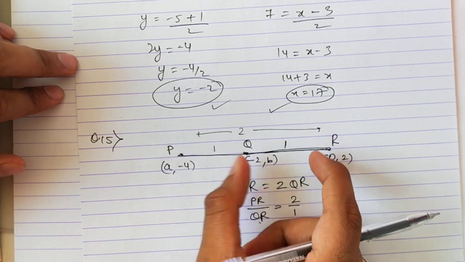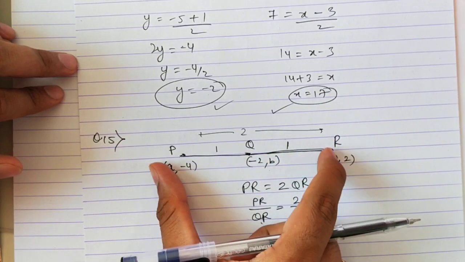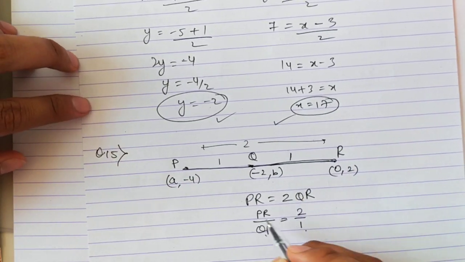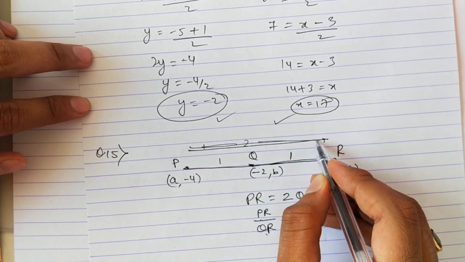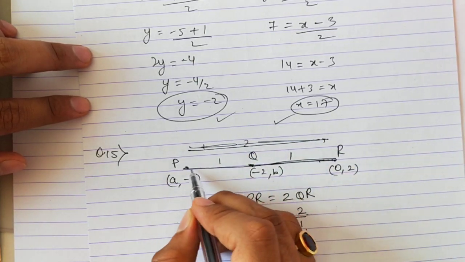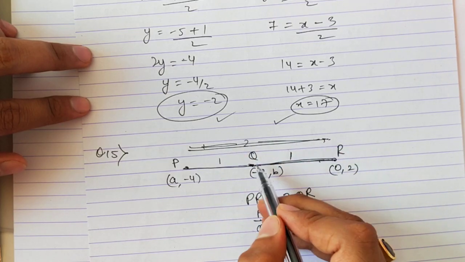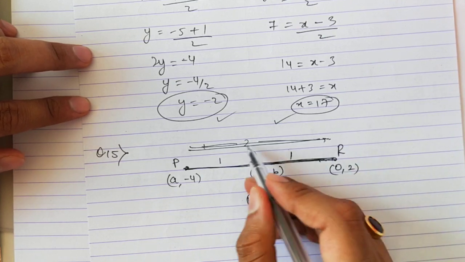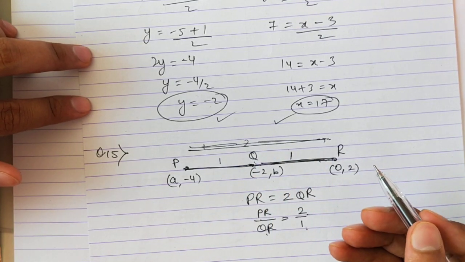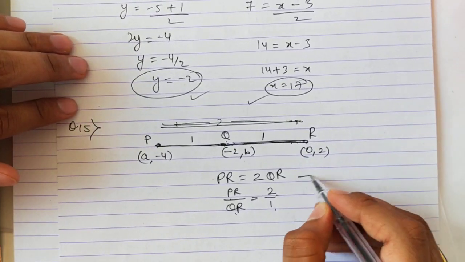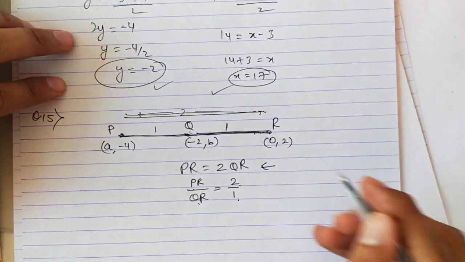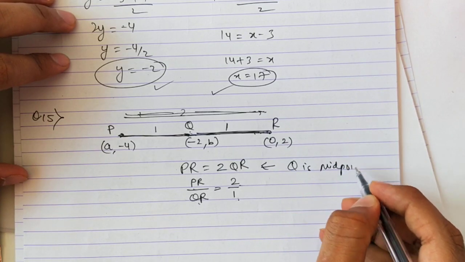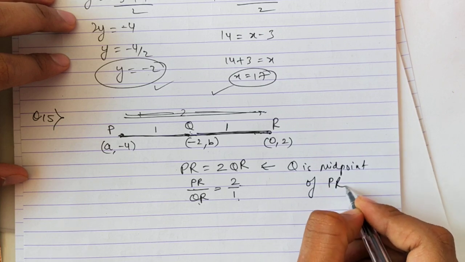Okay. Just indirectly they have given that PR is twice QR. Means PR is double of QR. If you double QR, you will get PR. This is a way of saying. But we know that PR is 2. If PR is this full line and QR is the half part, so the remaining half part is also 1, because this full line is 2, QR is 1, so PQ is also 1. And if both are 1, that means Q is the midpoint of PR. Okay, so instead of giving it directly, again they use this ratio method. So I'll write here that Q is the midpoint of PR.